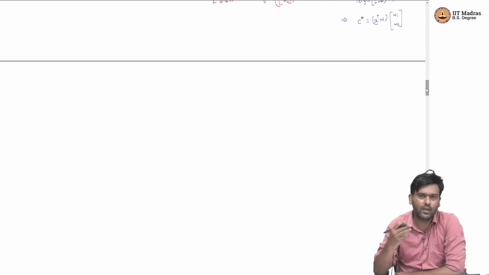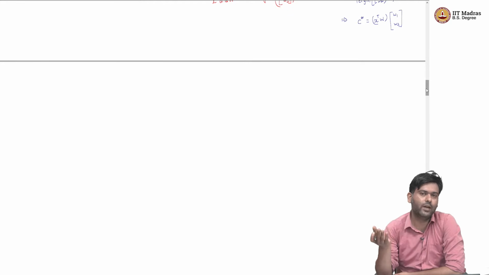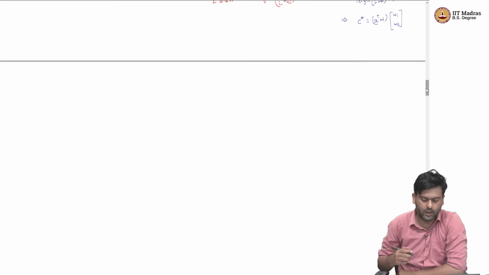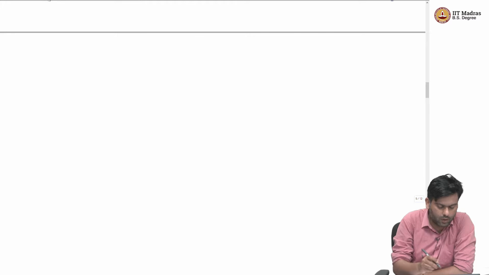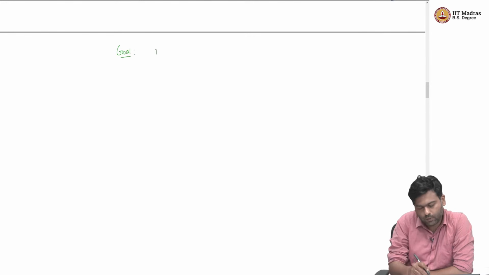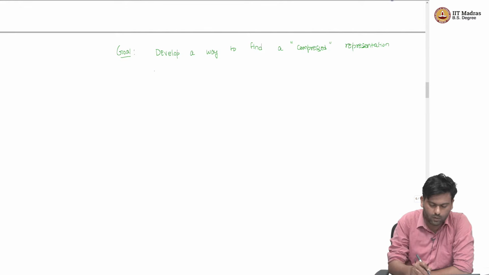We are going to use the fact that given a line, we know how to find the proxy for a data point on this line, to actually find that line itself. Let us see how we can do that. Now, just to make this goal a little bit more precise, this is our goal now. We want to develop a way to find, of course, a compressed representation of data